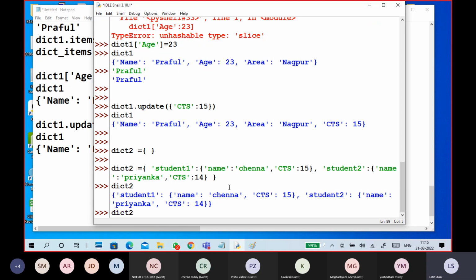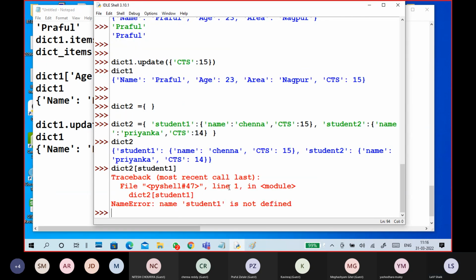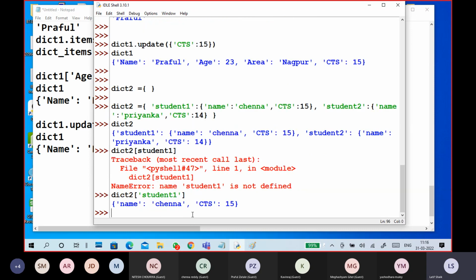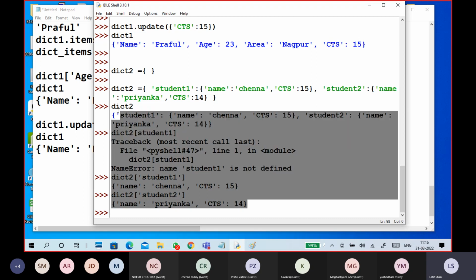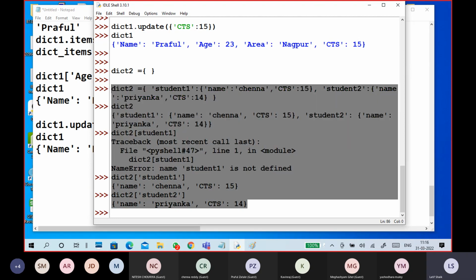Dictionary 2. So we give student 1. So what is the mistake here? I didn't give it in quotes. Quotes. See, this is how to define multiple things.